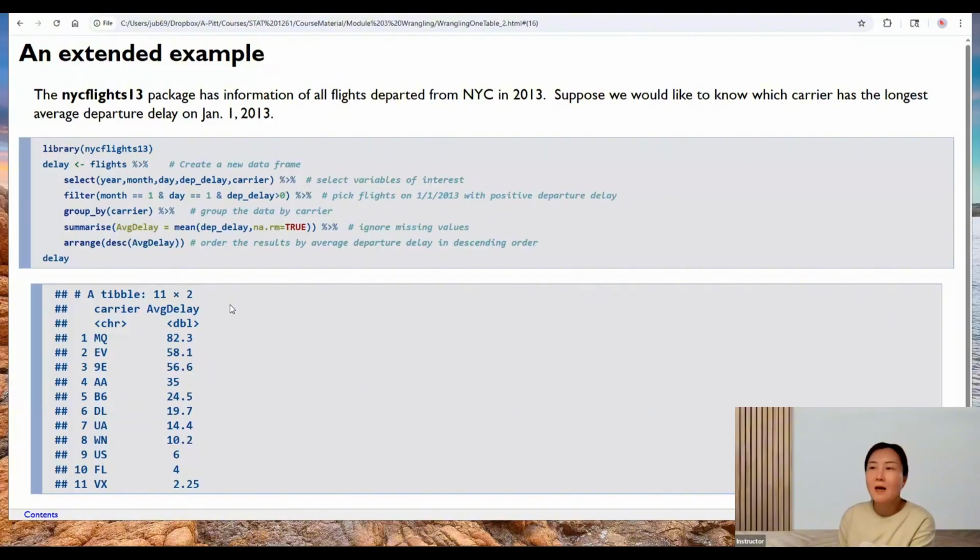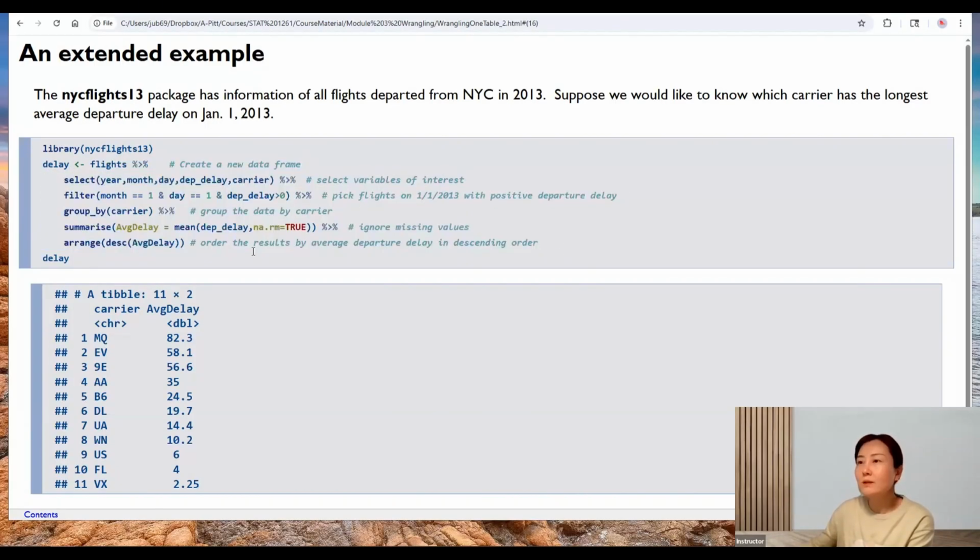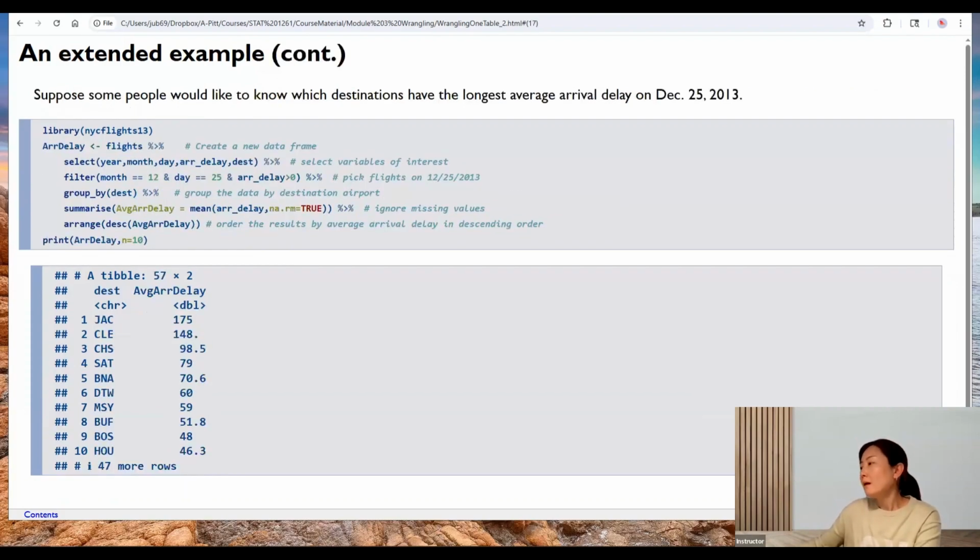So this is how we answer a question using dplyr verbs. See, we do everything in a very precise way. We didn't waste anything. We didn't select any variables that are not necessary. So this is one example. And a second example is